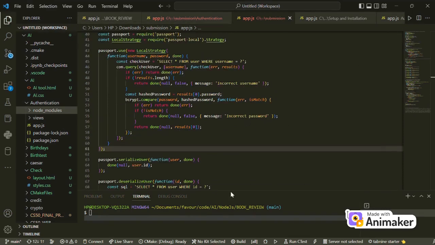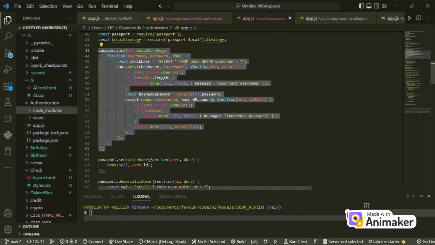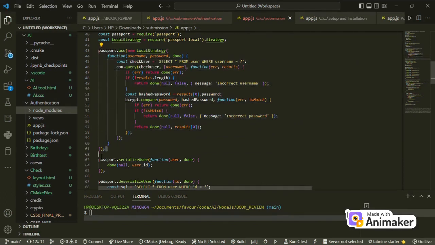The first section of the code sets up Passport and the local strategy for authentication. The passport.use method sets up a new local strategy and specifies a function that will verify the username and password. The function first runs a query to check if the username exists in the database. If there is an error with the query or the username is not found, it returns an error message. If the username is found, it compares the input password with the hashed password stored in the database using the